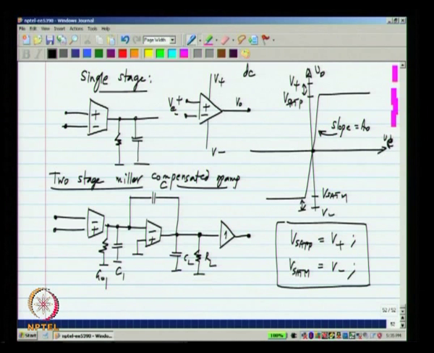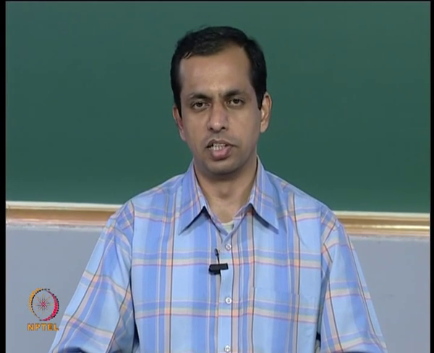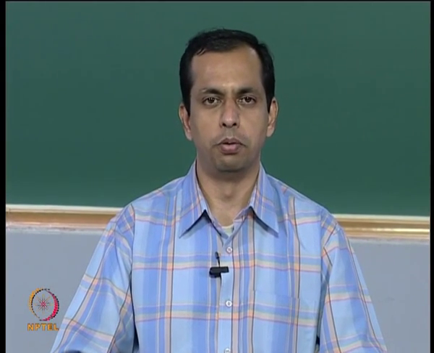Now, in addition to this, it turns out that this can be understood by looking at the single stage op amp itself. It is not only the voltage output of a circuit that is limited. If you realize a transconductor, the current output from that also will be limited. This just has to do with the design of the transconductors. It will be limited to some high value or low value, but it will always be limited to some value.